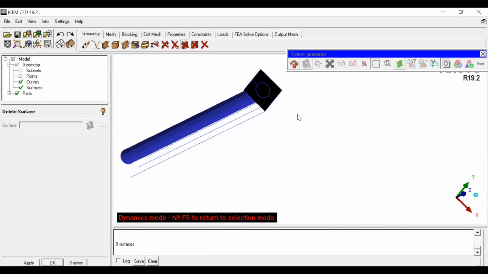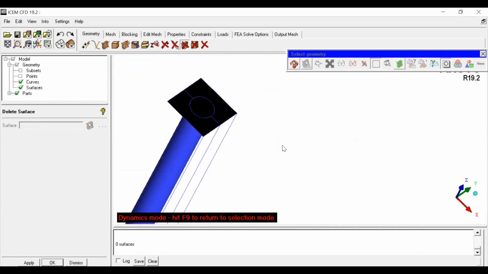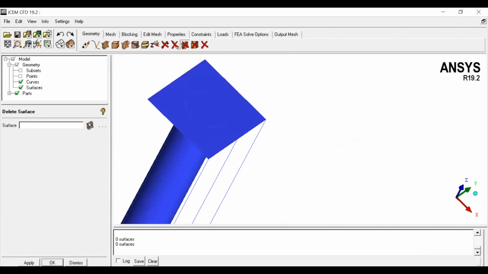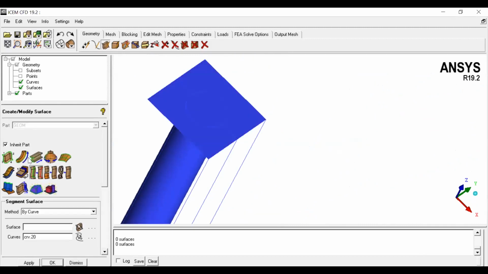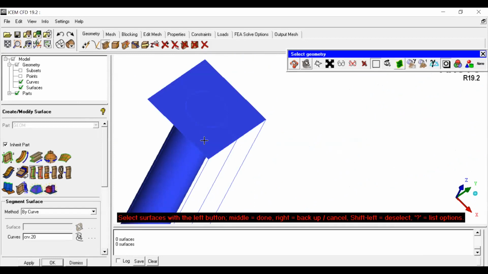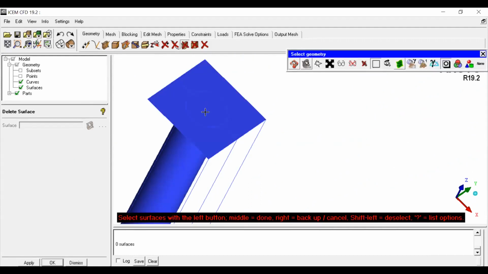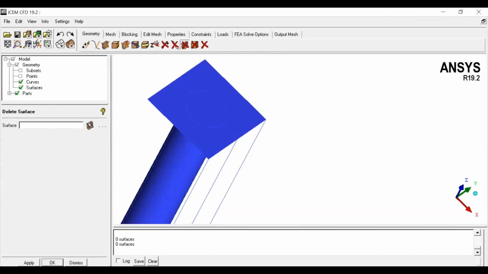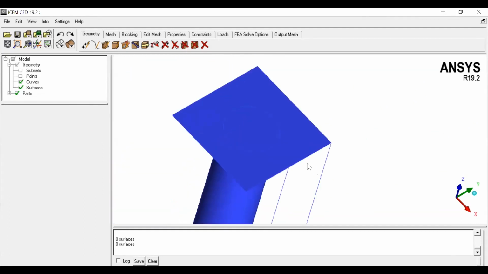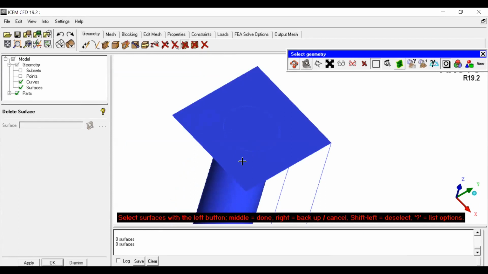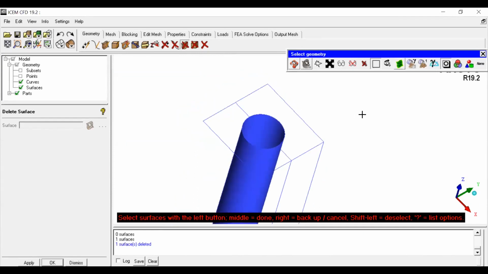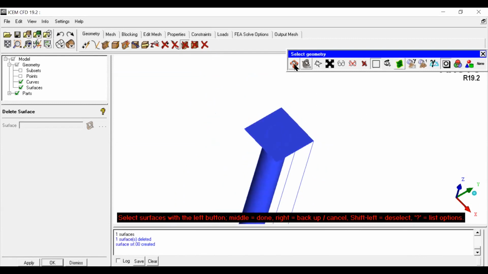I'm just trying with another view. Surface, segment, select surface. So try this again, since it's not trimmed yet.